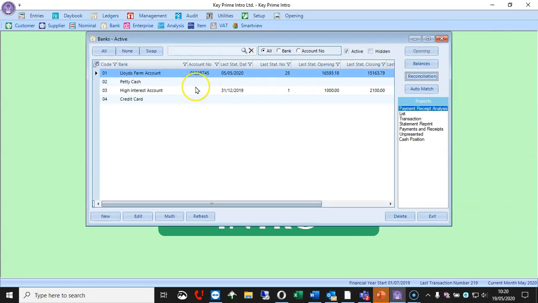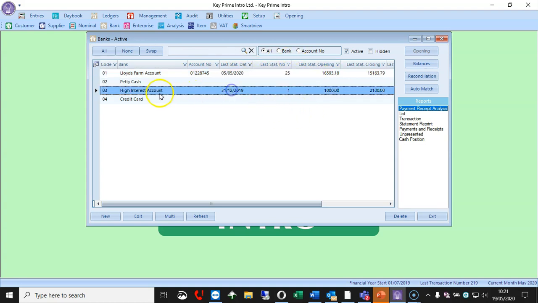So that's the reconcilable bank account. So on here we've got two of them. As you can see, we've got our statement dates here and the last time they were reconciled. So we can see here that we've also got a statement that we haven't reconciled for a while. So again, we need to make sure that we go and find a statement, either download it off the internet or ask the bank for it, and go and reconcile this account.